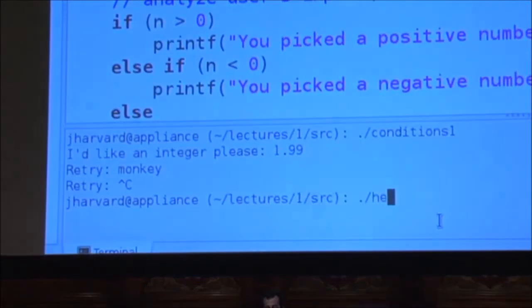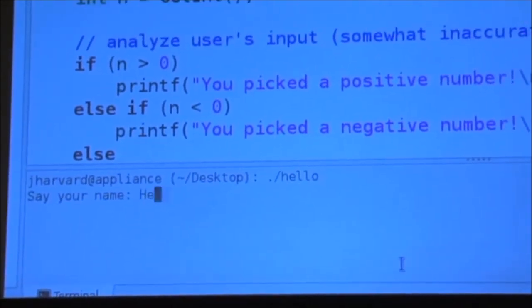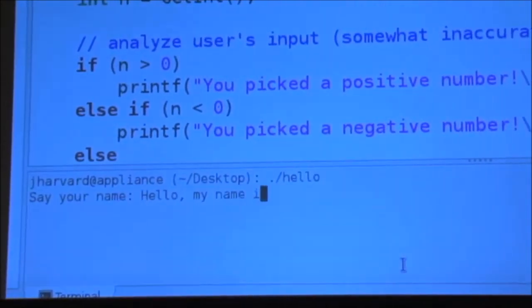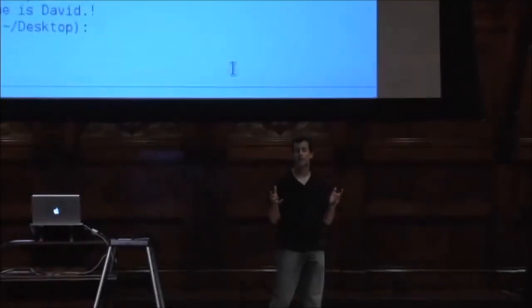Good question. If you were to use multiple lines of input, as in the case of, let me go back to hello, where I say something like, hello, my name is David, enter. So getString can only get one line of string. So to get multiple lines of input, we'll actually need more sophisticated techniques. We cannot use getString, but that's fine, because at that point, these training wheels will be off. All right, so we now have conditions. We now have Boolean expressions. And again, a Boolean expression, to be clear, is just something in parentheses that evaluates or is true